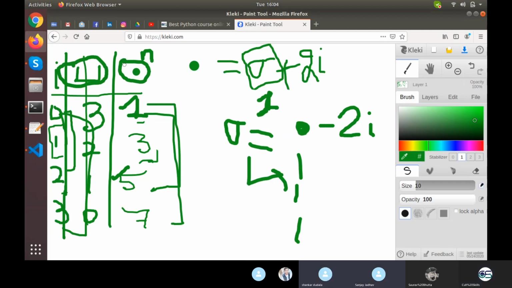Sir, for i, is it the same like 0, 1, 2, 3, or since it's reverse, we should put it as 3, 2, 1, 0? I will always remain 0 to n minus 1. Okay. Because i will come from a range function. That has nothing to do with which particular program you are talking about. That can also be customized, but we will talk about that in the next class. Advanced loop patterns.